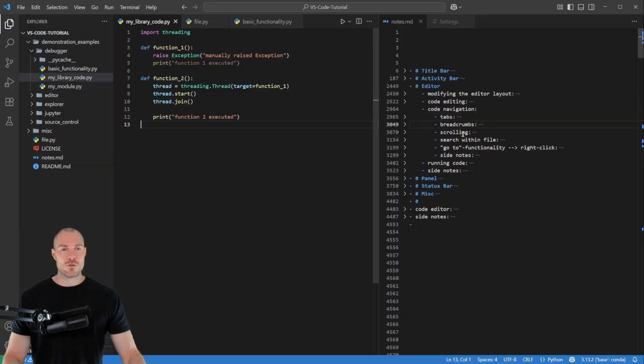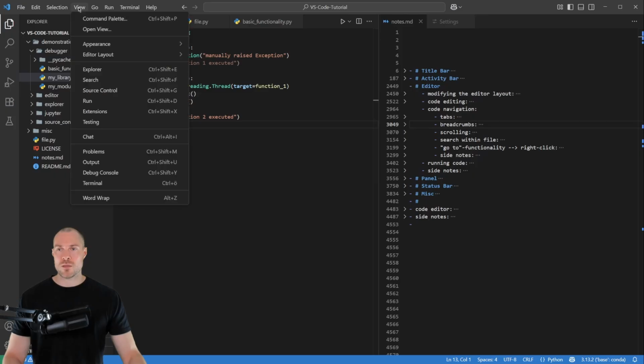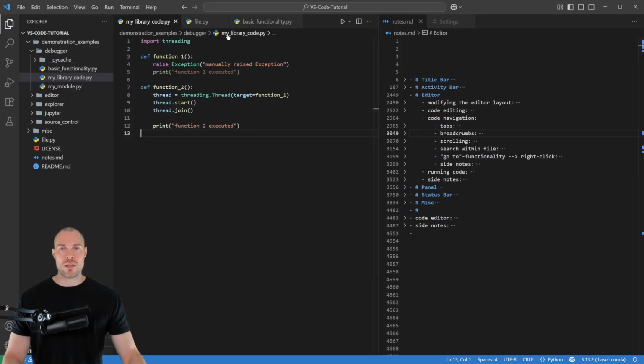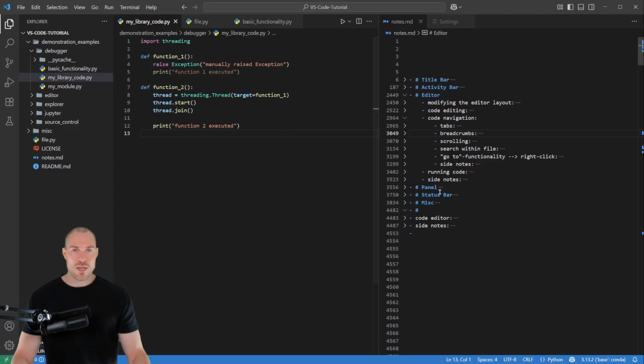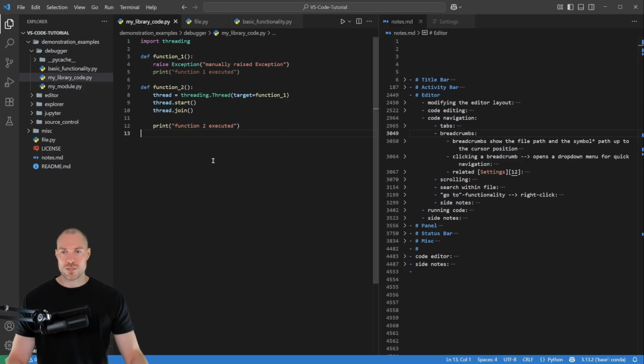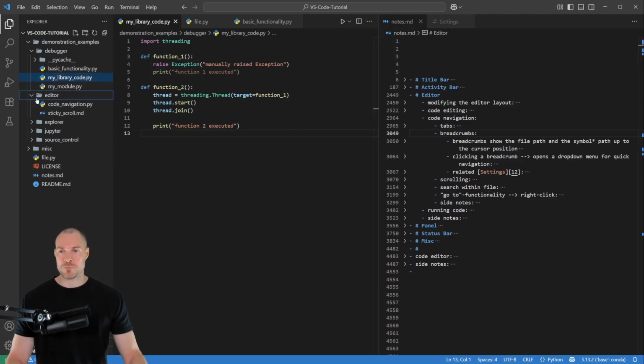So then the next note is about breadcrumbs, and you can toggle them on, for example, via the menu bar, then here View, Appearance, and toggle breadcrumbs. So then they are shown here at the top of the editor. And what they do is they show the file path and symbol path up to the cursor position. So for example, if I open here another file,